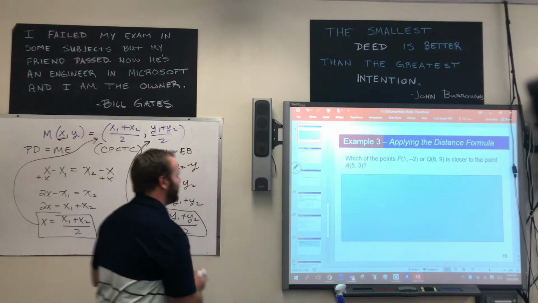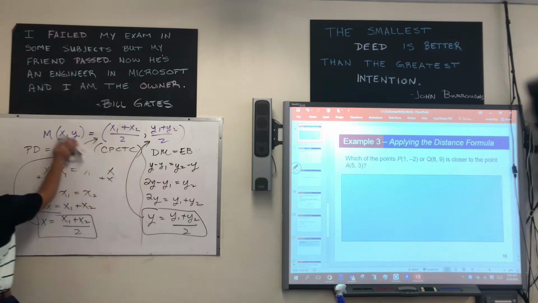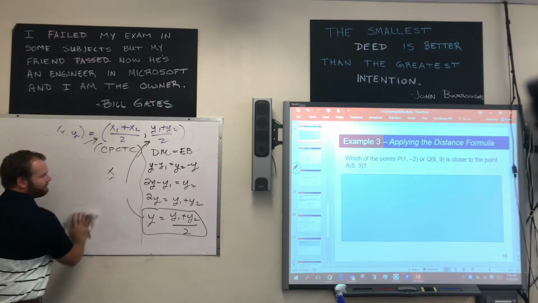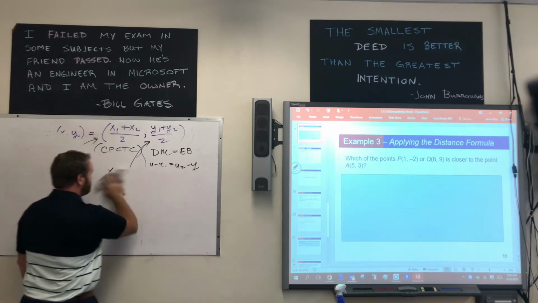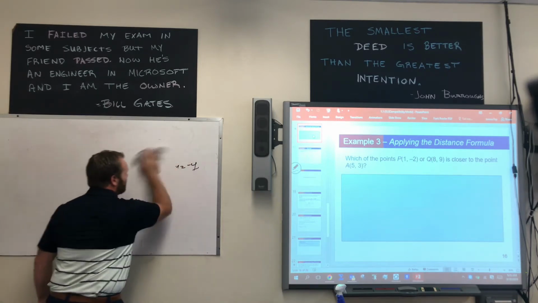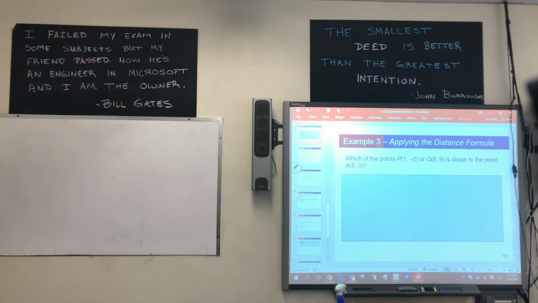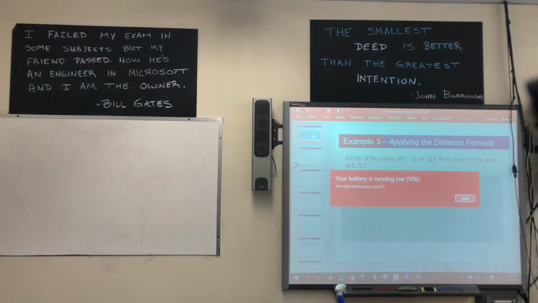So here it says which of the points (1, -2) or (8, 9) is closer to (5, 3). Every year I give this question on a test or quiz, and it's usually about 1/3 of the people get it wrong because they just start saying, okay, I'm going to find length